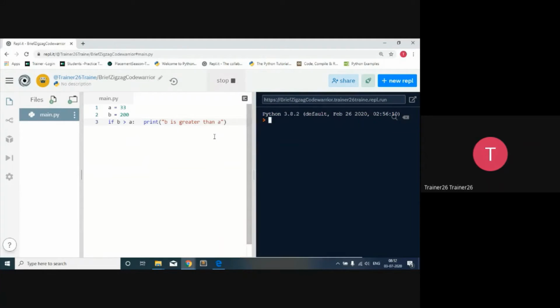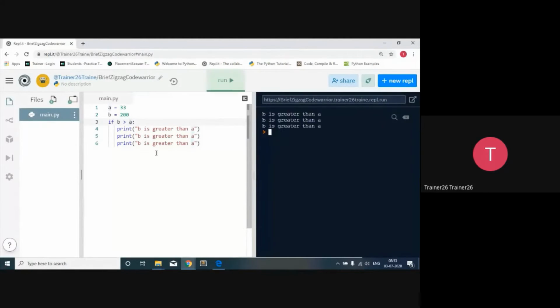When I run it, you are able to run that code. But consider that in that particular if block there are two or three statements available. Here, indentation is fundamentally what you have to keep in mind: this is the block of an if. If I write it down 3 times, all 3 statements are going to get executed only when this particular condition becomes true. So I'm going to execute it, and it will print 3 times.